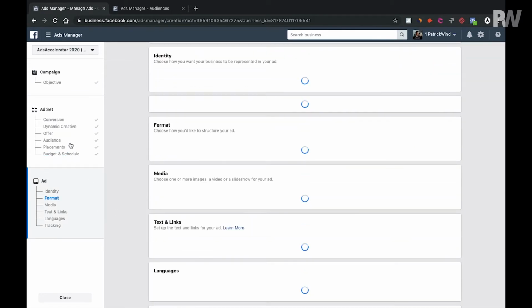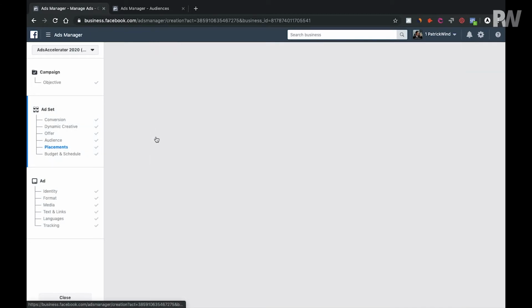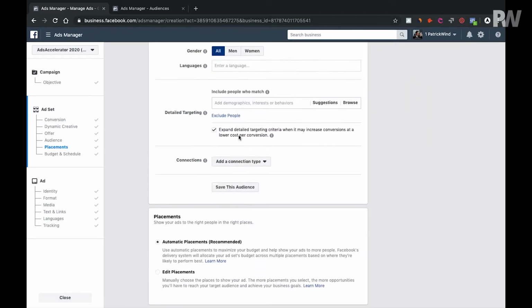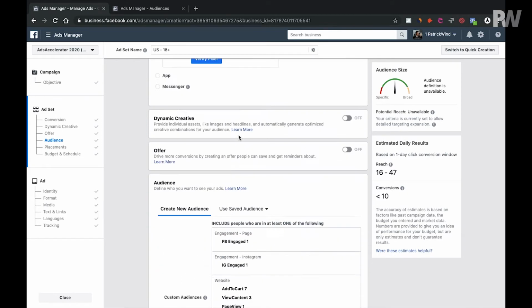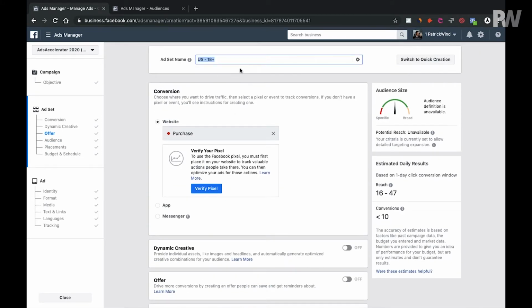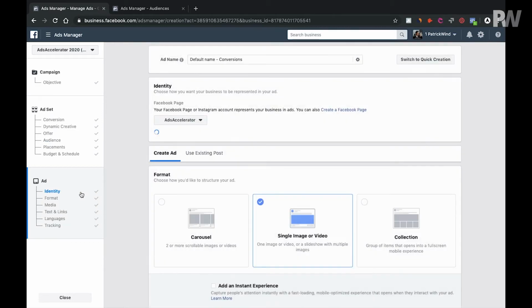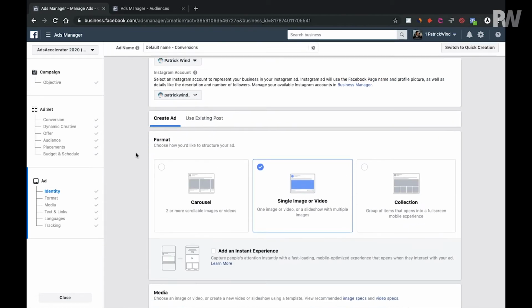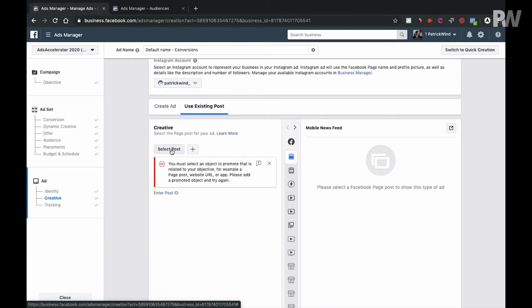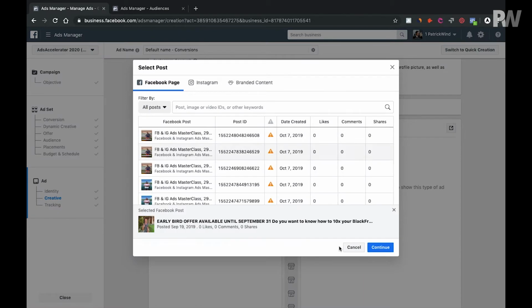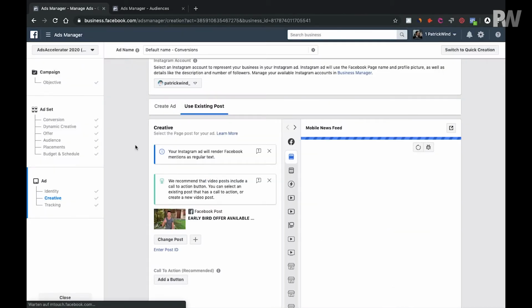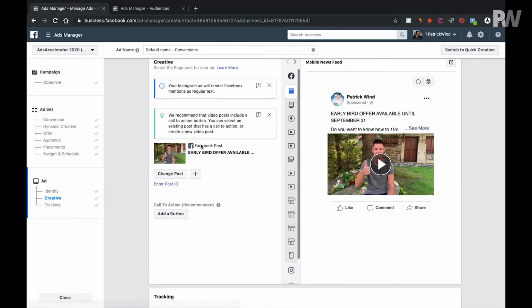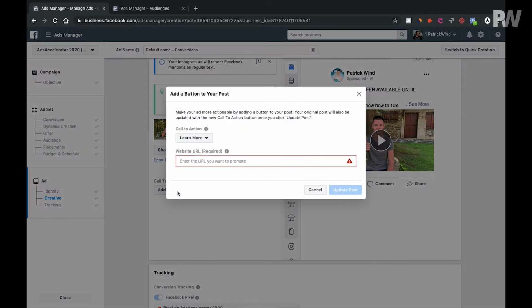Okay. This, just to clarify, was our hot audience. So all of these. So hot retargeting, all placements, all. And now on ad level, of course you want to focus on a specific message that is tailored to the hot audience. Let's imagine that we have already created previously a very nice content here on our page, or we can simply select it from the Facebook or Instagram page and add a call to action